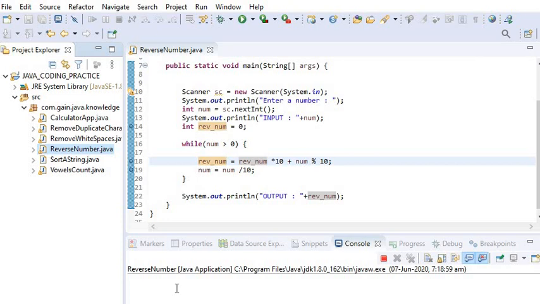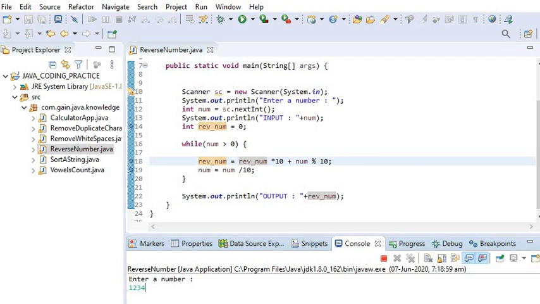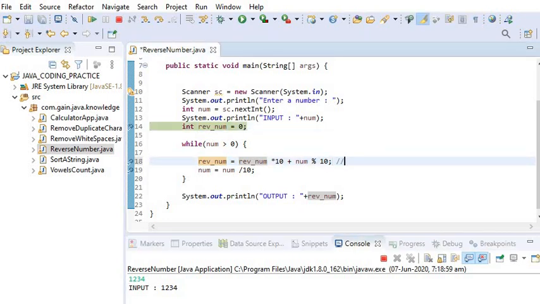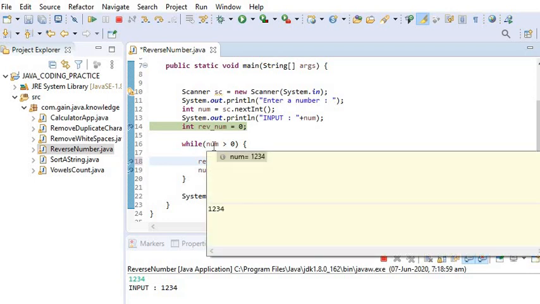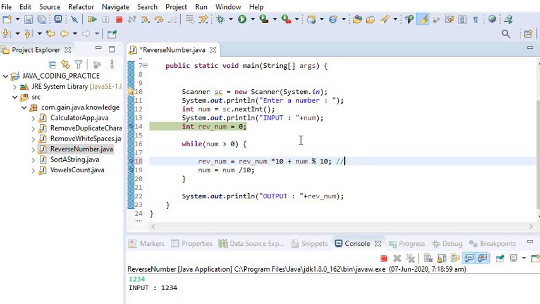First we need to enter a number. So I am entering the number 1 2 3 4 5, and the first time the number will be initialized and reverse number will be 0. It will enter the while loop because our number value is 12345 and it is greater than 0.